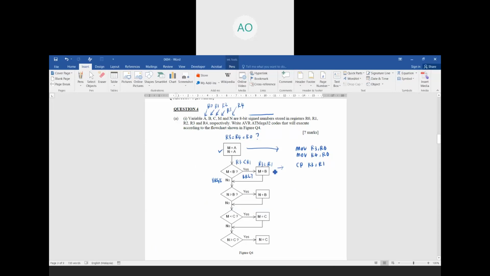Okay, so here BRGE. What happens when it's greater? You go to here. So this one we label as L1. Go to L1. If not, what happens when not? Okay, so move